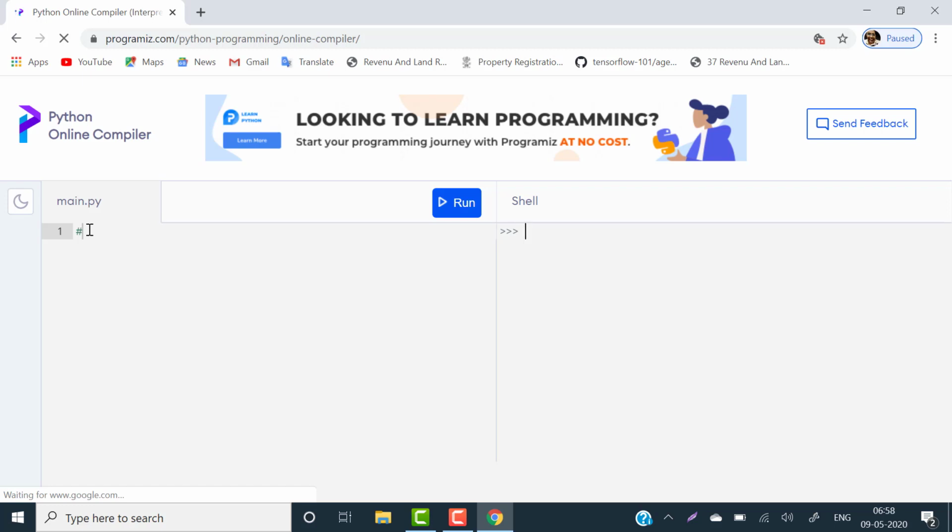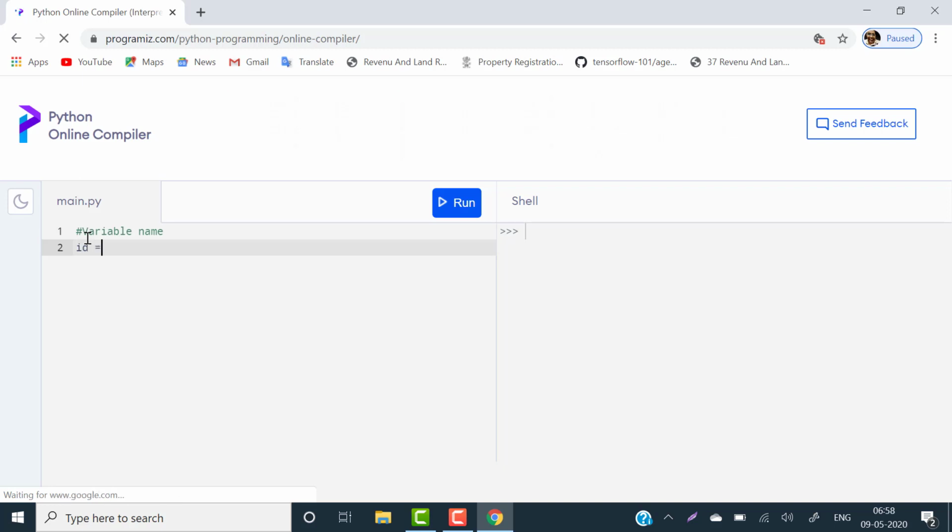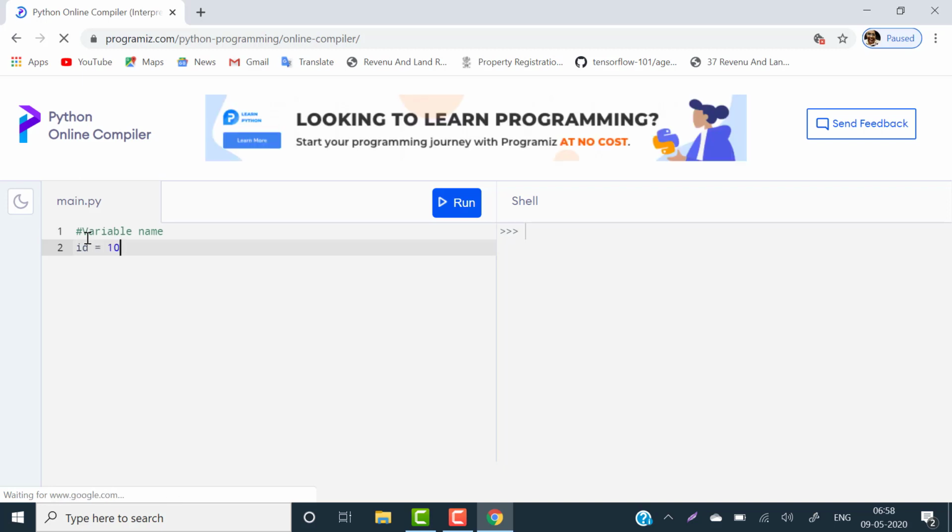A comment does not do any work in our program and does not affect anything. So I'm giving a variable name, id, and assigning the value 109. Now I will print this and run it. It is not giving any error, which means assigning the value to id is correct.